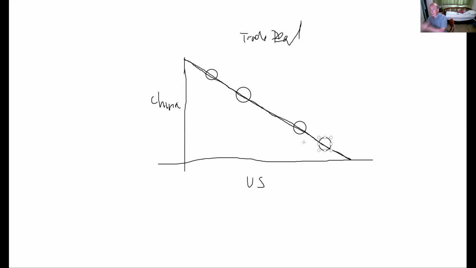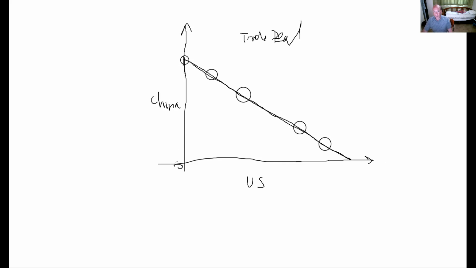Now, what we've got to do though is decide how much of it China gets and how much of it the United States gets. And this is a way to think about relative gains and absolute gains. So one point on this line is right up here, and on this point, China gets everything, because remember, this is an axis where, as it goes higher, it gets bigger, and same here. This is the x-axis, as we go right, it gets bigger.